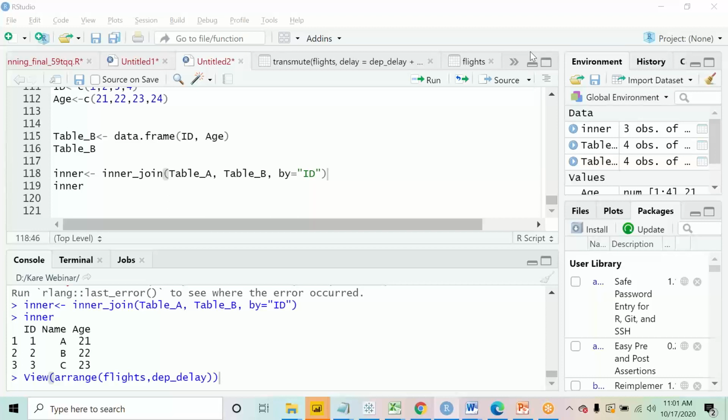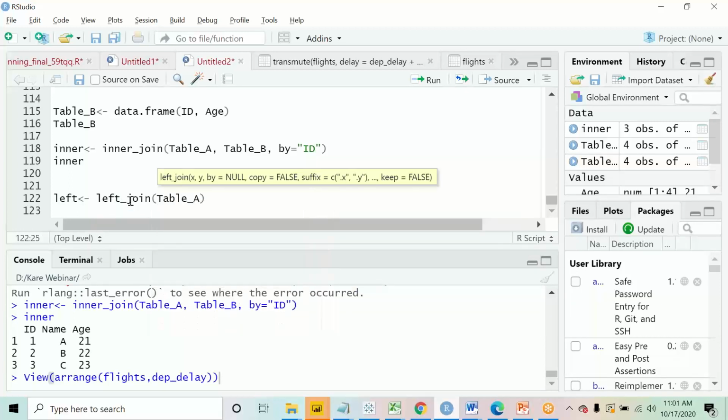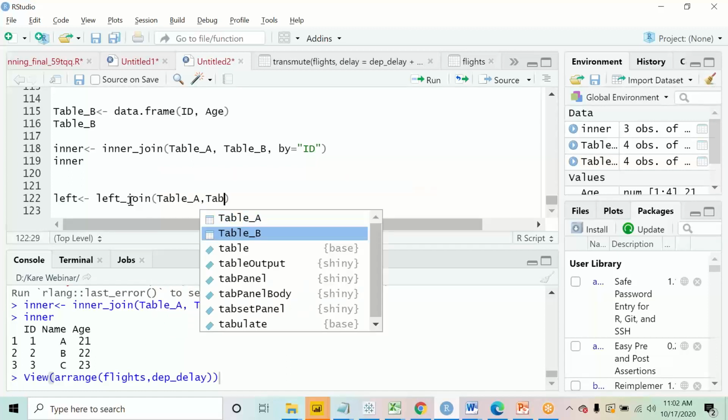Sorry, class. Okay, so now what I'll do is use the left join. So let's create a new table, left. I hope all of you are able to do it. Left underscore join, table A comma table B, as simple as that, right?